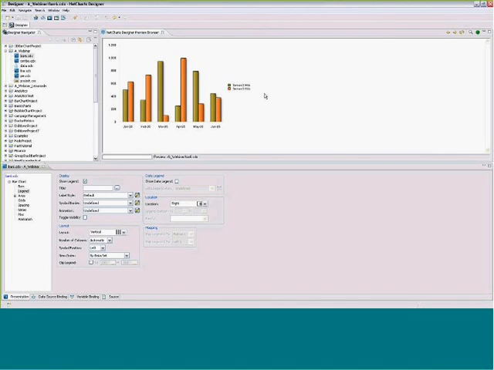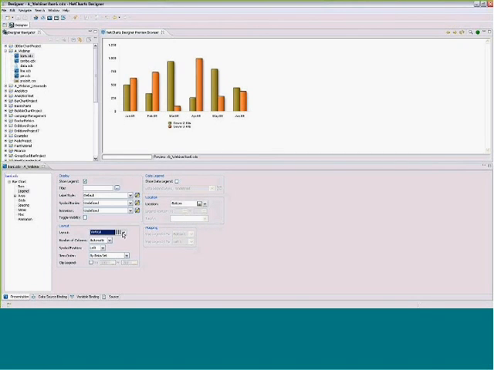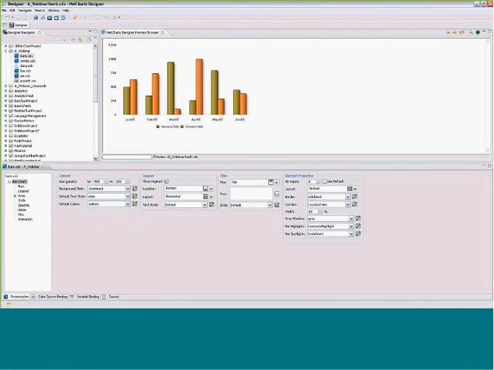I'm not too fond of it being over on the right-hand side, so I'll move this to the bottom, and I'm going to actually make this horizontal. Doesn't take up as much real estate as it being vertical. And what we'll do is we'll actually give this a quick title. This will be Server Hits for Q1